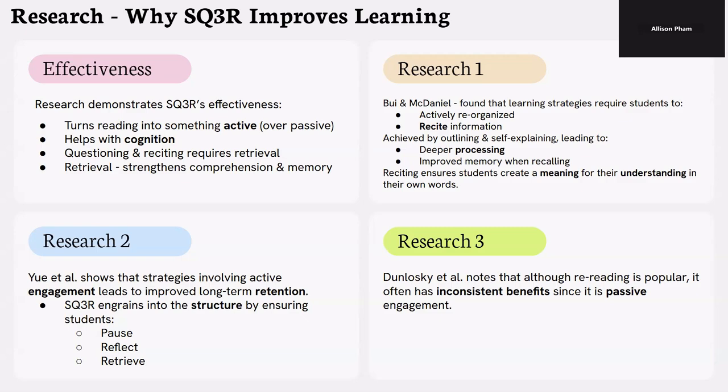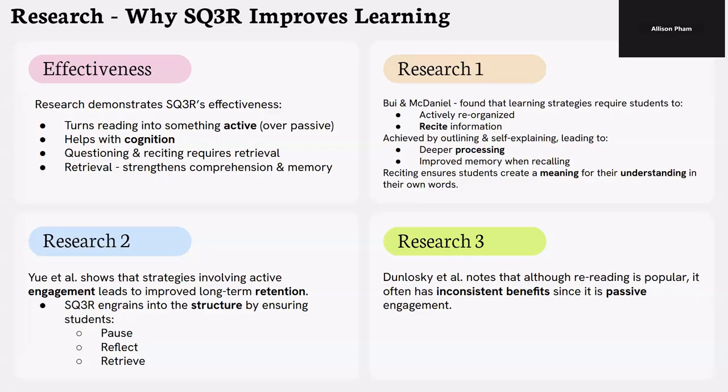However, my first article focuses on how learning strategies require students to be reorganizing the information inside of their own brain and resetting it, meaning that they're able to have a deeper processing and understanding of the article and what content they are consuming. Now, this is able to help them, one, improve their memory and recalling, but then also ensure they are able to understand what the article is saying through their own words by putting it directly for them.